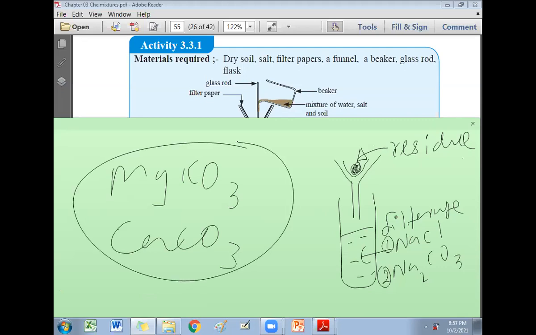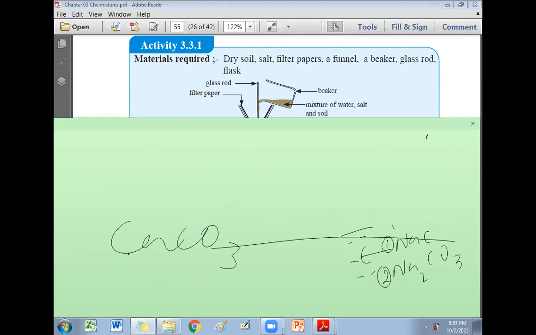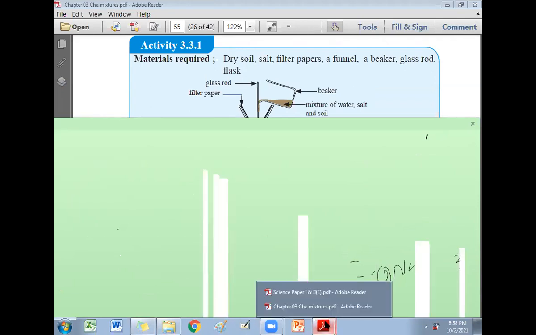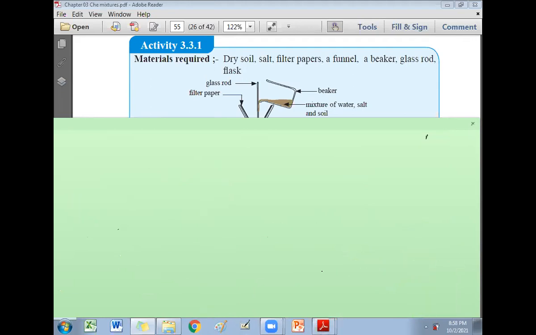Right? So it's a very good question we discussed here. Now you learn the filtration, what is residue, a lot of things here. Unreacted, excess and limiting reagent. Okay, now let's see the next part. Let's move back to the paper again.